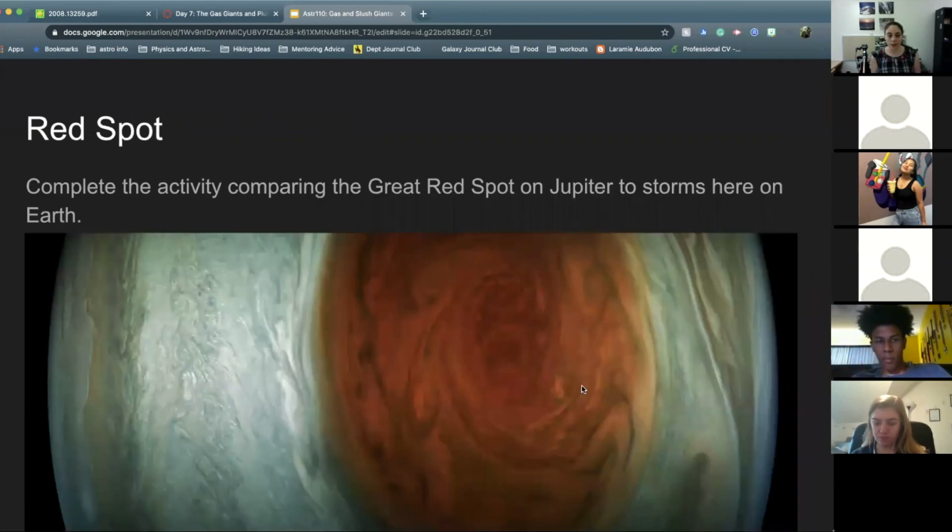Okay, so we've talked a little bit about the different bands on Jupiter. Now I want to investigate the storms, and this is going to be an activity for you. We're going to look into how fast winds are moving in the Great Red Spot on Jupiter. This is the big storm that we know has been happening on Jupiter since at least 1840, quite possibly since the 1600s. We've been able to observe this storm. So it's a very, very old sustained storm, and we're going to see how fast the winds are moving in this storm and compare that to Earth. So this is going to be your day 7 activity.